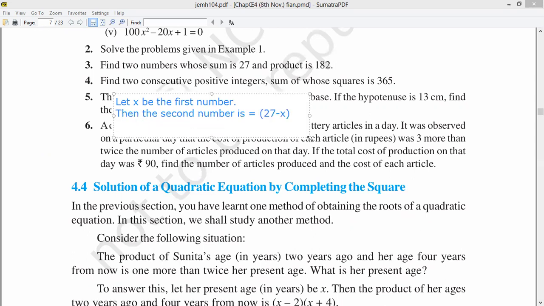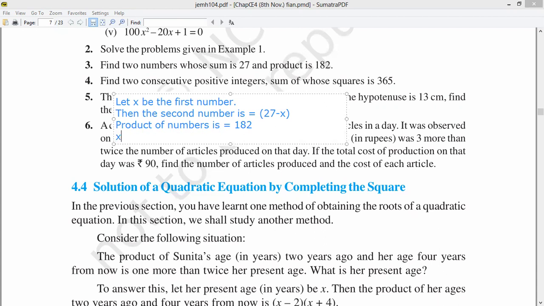Now it is given that the product of the numbers is 182. It means the product of the numbers is equal to 182. So we can form the equation as x into 27 minus x is equal to 182. So let's solve. We will get 27x minus x square is equal to 182, and we can write this as x square minus 27x plus 182 is equal to 0, and this equation finally becomes